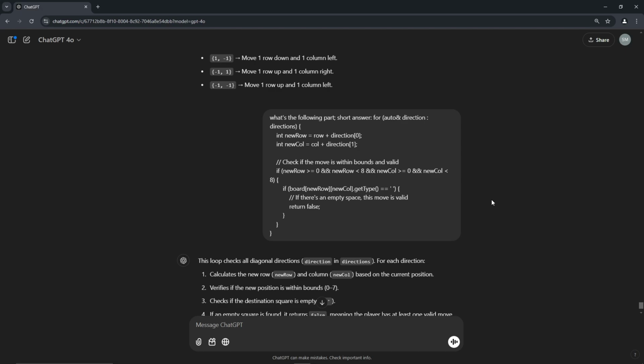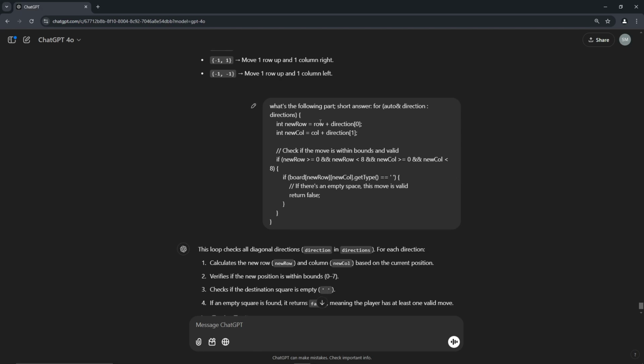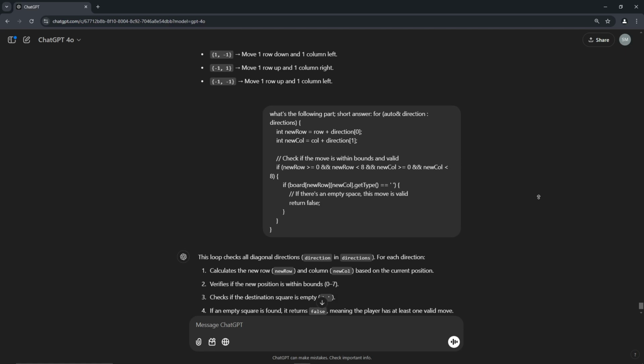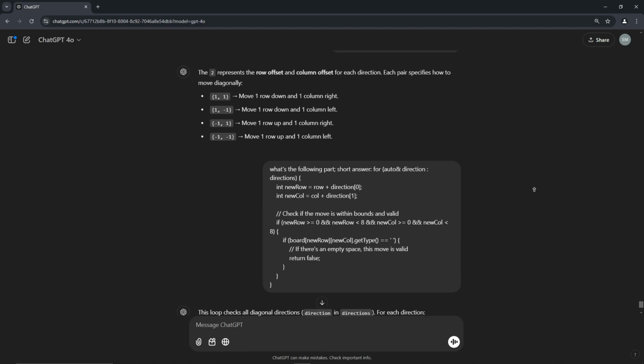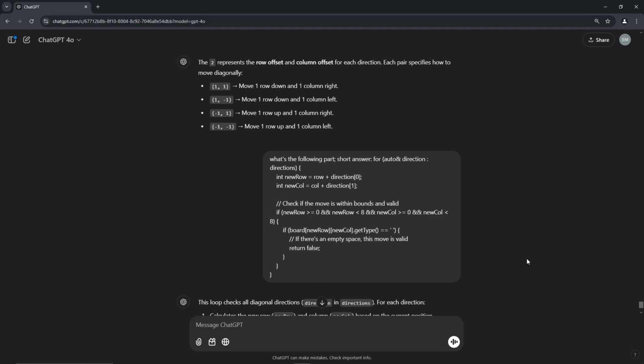It calculates the new row and the new column based on the current position. Oh, direction at 0, direction at 1. So row plus direction at 0, column plus direction at 1. Okay, perfect. If new row is greater than or equal to 0 and new row is less than 8, and new column is the same,